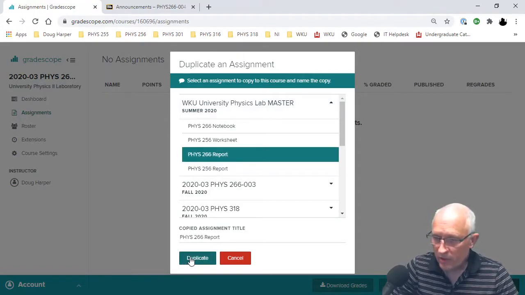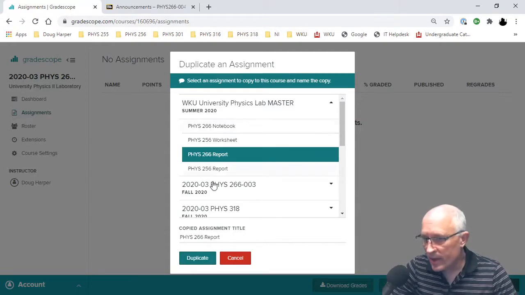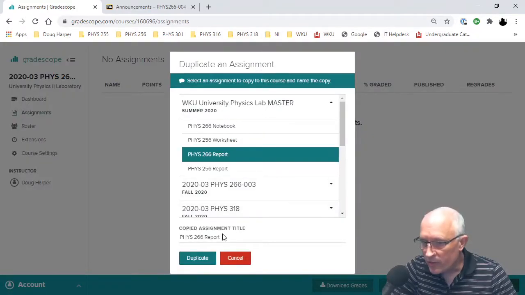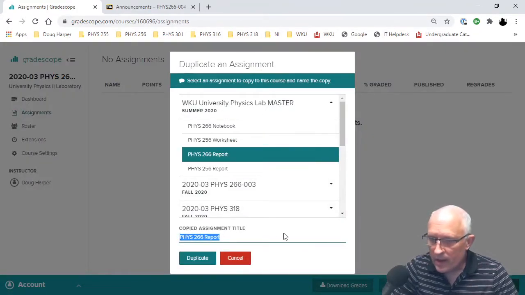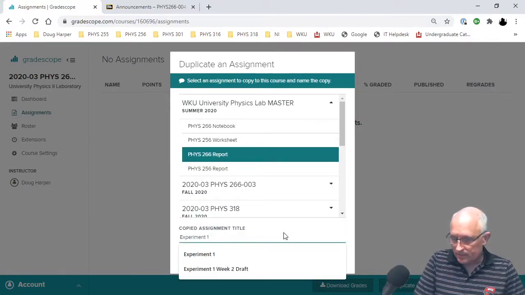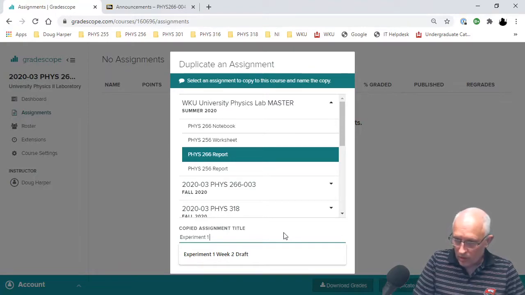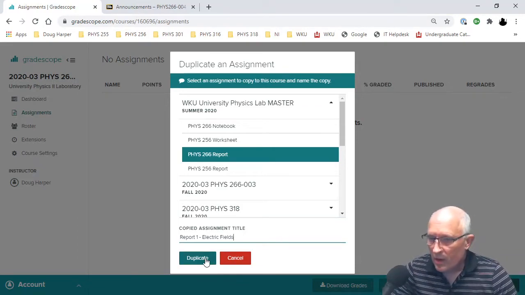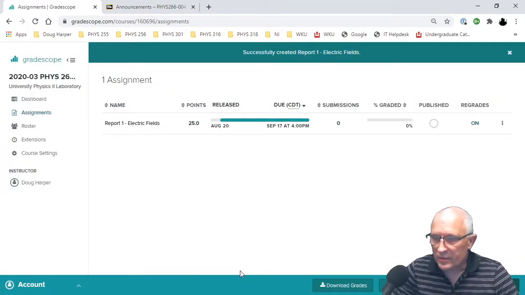Okay, so if I duplicate that assignment, now I'm going to want to give it a different name, probably. Whoops, I got off that screen. I'm going to give it a different name, and I'll call it Experiment 1 or something. Let's see. I'll call it Report 1, Electric Fields. I can give it a specific name. Okay. And I'll duplicate that assignment now. So now I have this assignment,